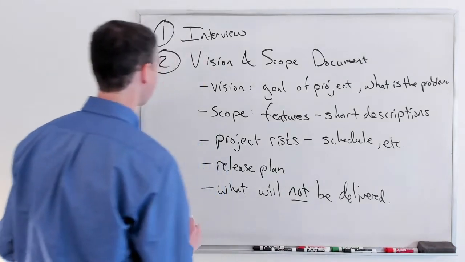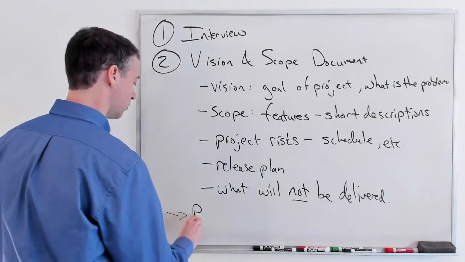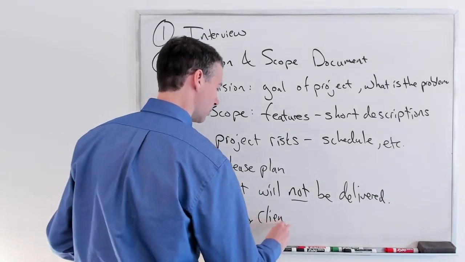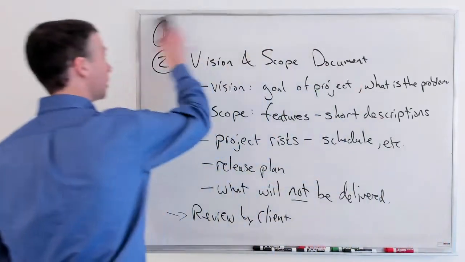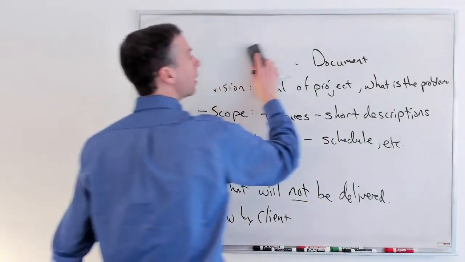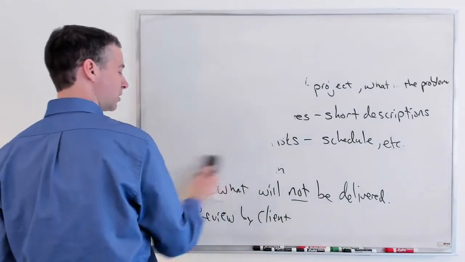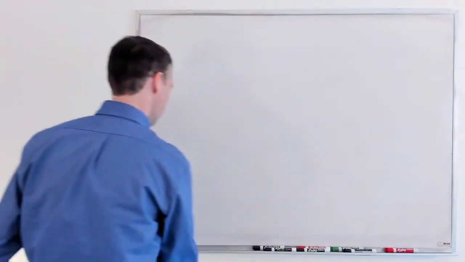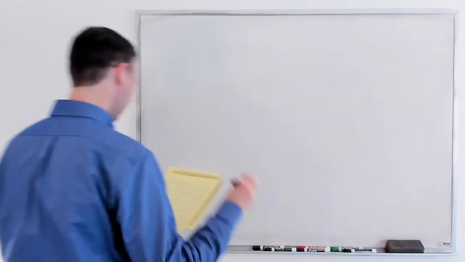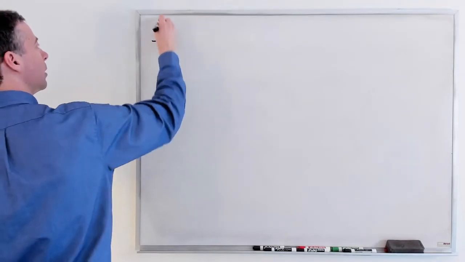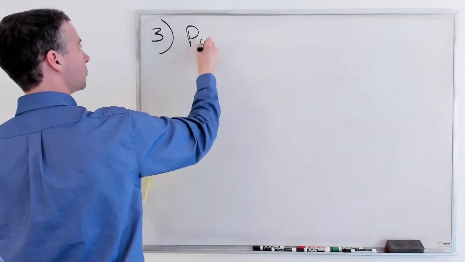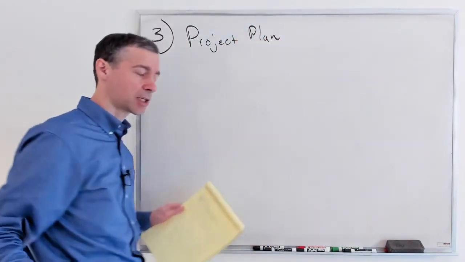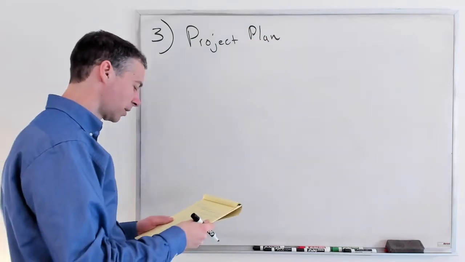And then after you've written it, it goes to review by the client. And the client tells you what you were right and wrong about. And once you've modified the document, adjusted it, and the client agrees that it captures the vision and scope, you move on to the next part of the project. And your next part of the project is to work on your project plan. All right. Now your project plan is, again, going to be a document or a collection of documents that together